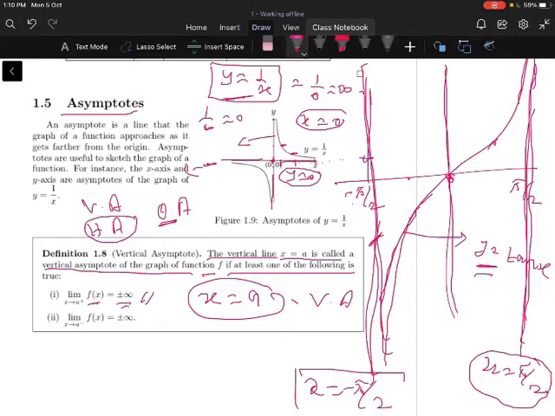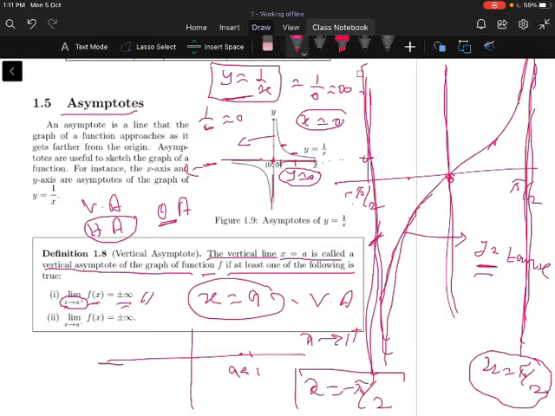If any one of the conditions is true, then we can write x is equal to a as a vertical asymptote. What is the meaning of x tends to a plus? You take point a here, and suppose for example a is equal to 1. So 1 plus is nothing but 1.1, 1.01, and so on. Just x approaches 1 means I can take the values x equal to 1.1, 1.01, near to 1 is 1.001, like this. So these are the x tends to 1 plus values.